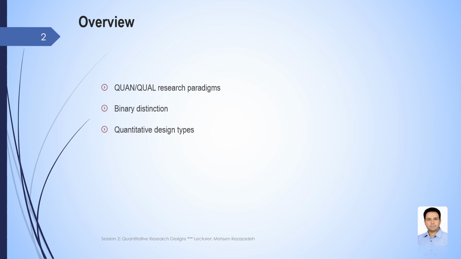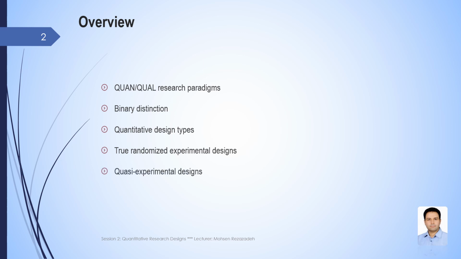We said that we have two major quantitative design types, namely experimental and non-experimental designs. And we talked about experimental designs. We said that we have three experimental designs, one of which was true experimental design or true randomized experimental design, and the other one was